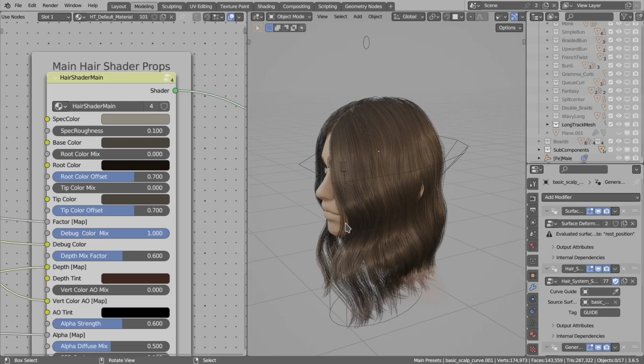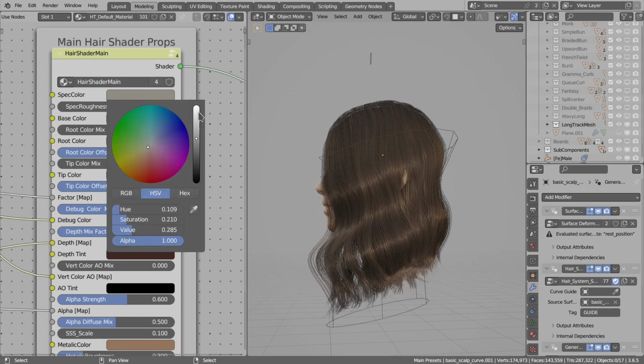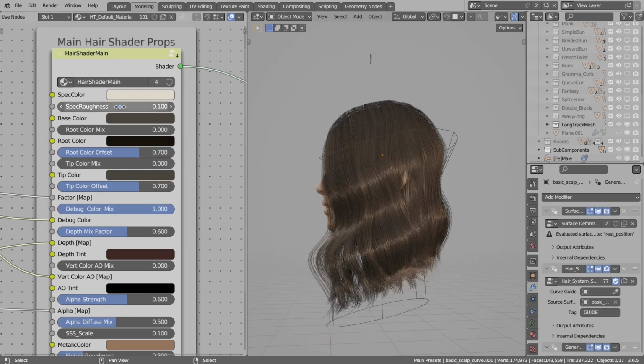Hi, in this video I will show you what's new in the hair tool. So let's start by improvement in the hair shader. You can still colorize the specular highlights like so and adjust the roughness, but now there is more control